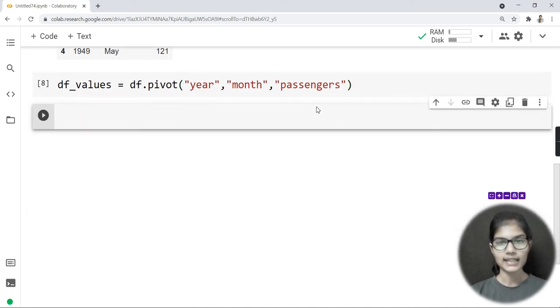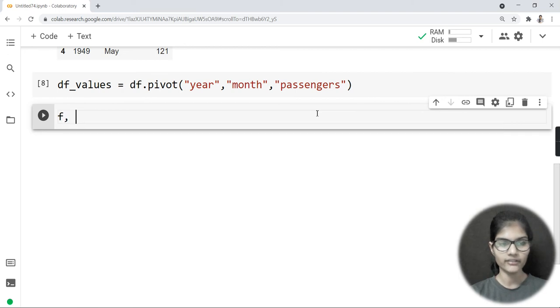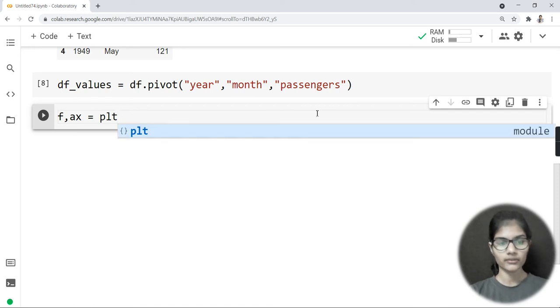Now, next thing that comes here is that I need to give a particular size, that okay, this size of plot I actually want, right? So I will be defining one variable, f comma ax. Okay, just let me write f comma ax like this. Right, and here I'd be using PLT. Now, what is this PLT? If you have listened to me very carefully in the starting, then you have got what PLT actually is.